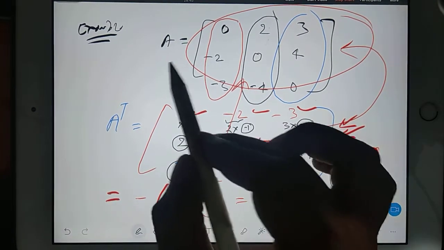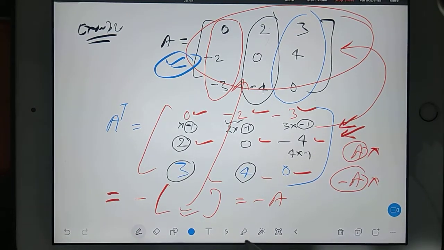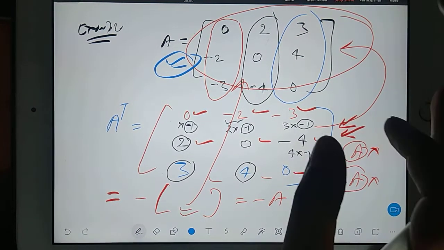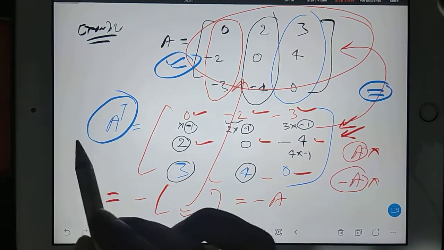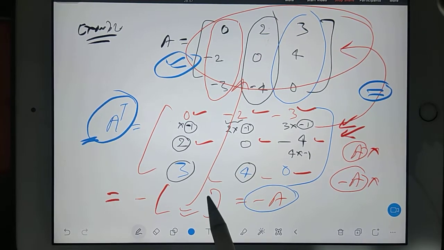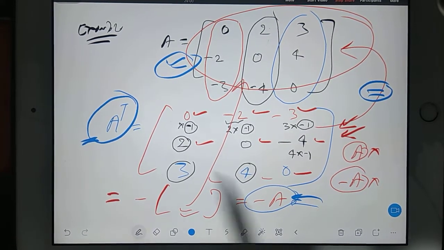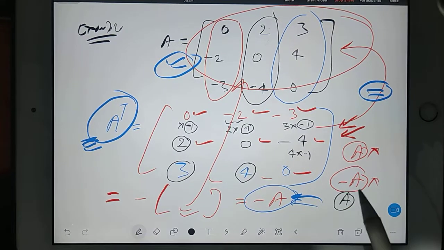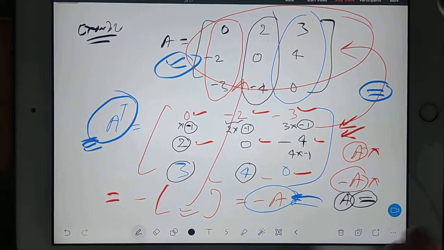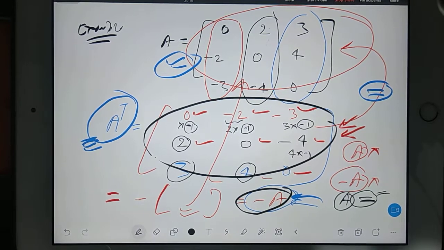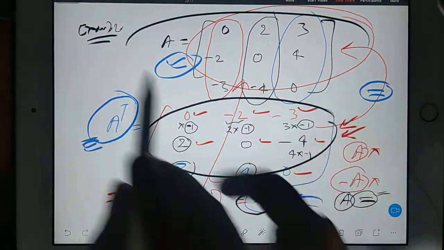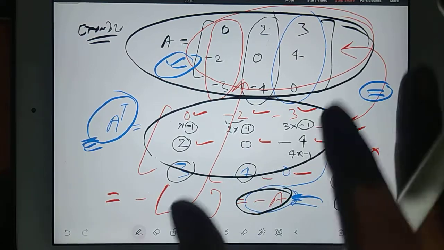So there are some examples that may behave like a skew symmetric matrix. And once you want to check whether you have a skew symmetric matrix, you find the transpose and check whether it is coming as A. If it is coming as A, then directly the answer is a symmetric matrix. But if it is not coming as A, then try to take the minus sign common. After that, if the bracket is coming as A, it is minus A finally. Then you will say, okay, the given matrix was a skew symmetric matrix.